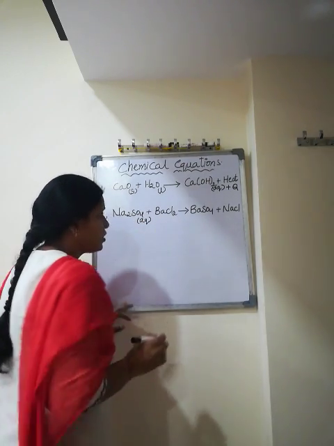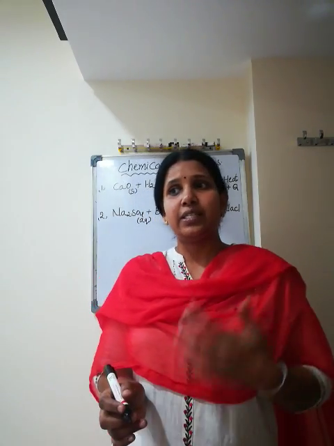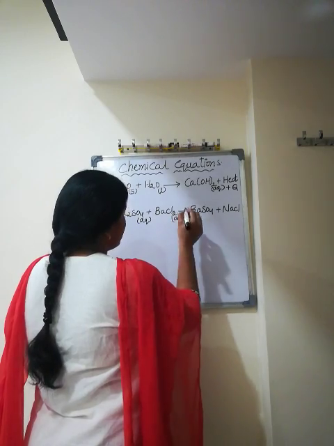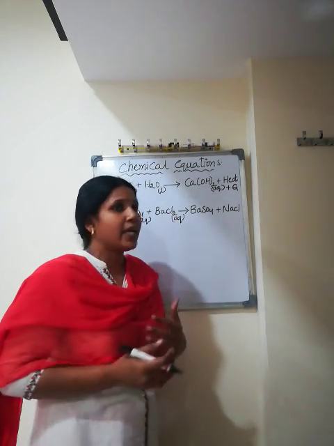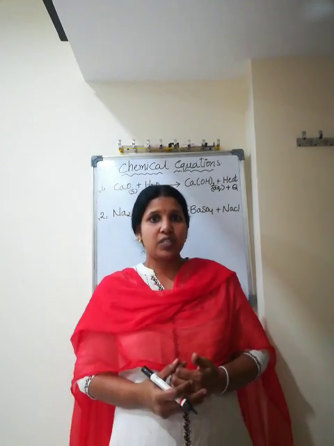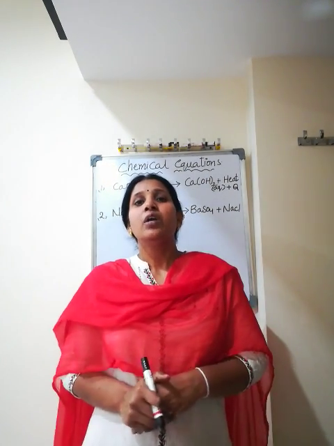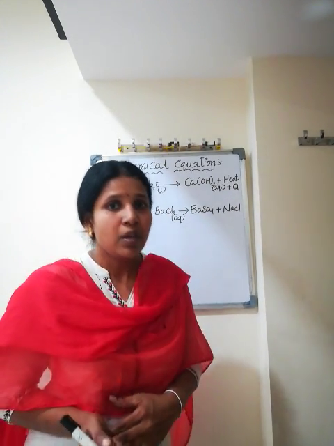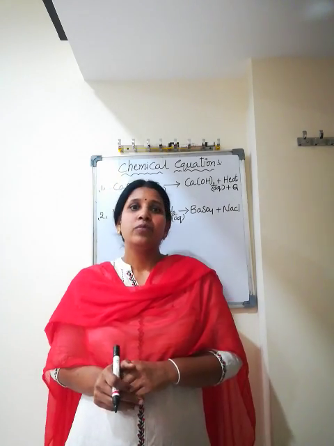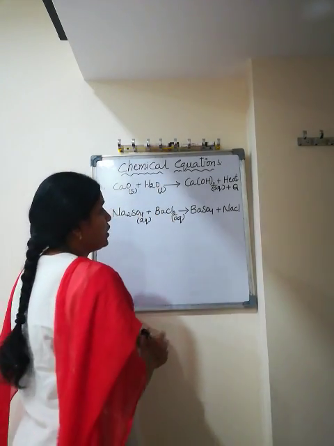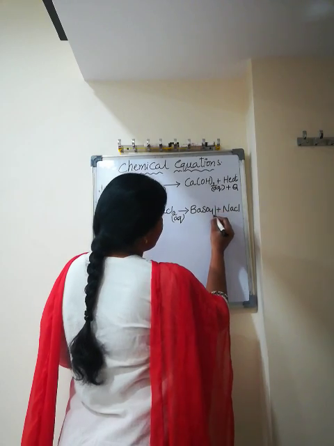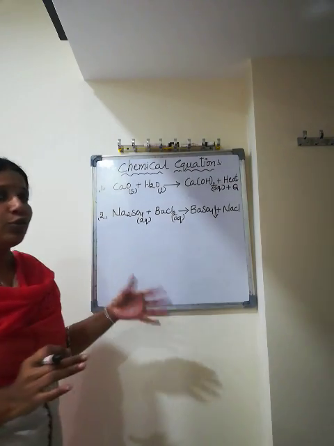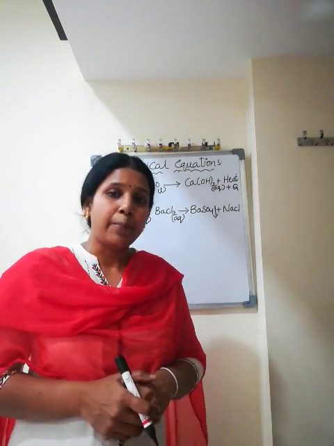And barium chloride is the same. Barium chloride solution means barium chloride salt added to the water, so I am representing that as aqueous here. And barium sulfate is forming as a white precipitate. Already we discussed that a precipitate is nothing but an insoluble solid substance in a solution. So that precipitate we represent with a down arrow. This is the second step we follow to give more information about the balanced equation.